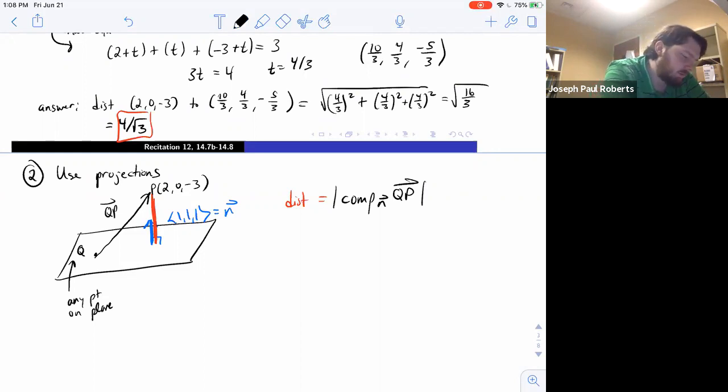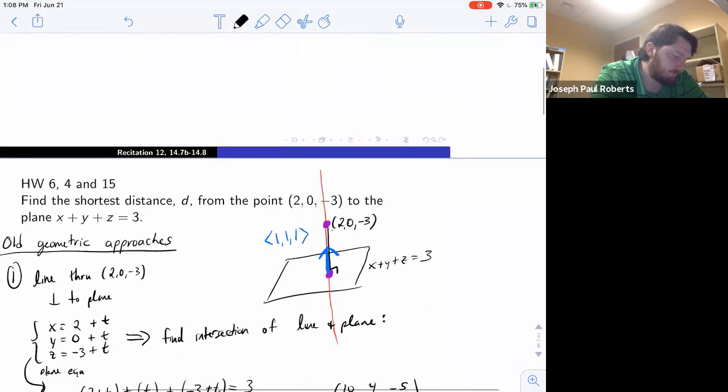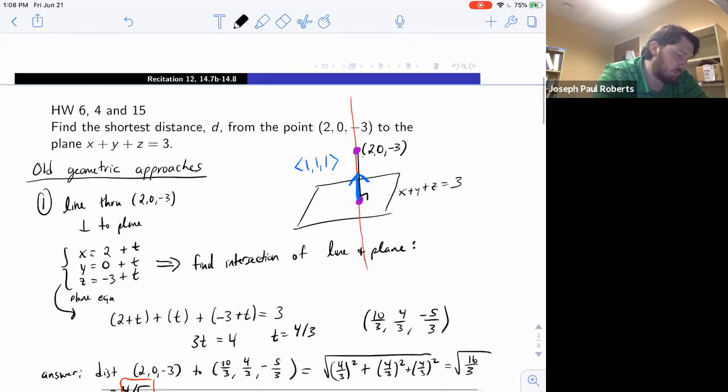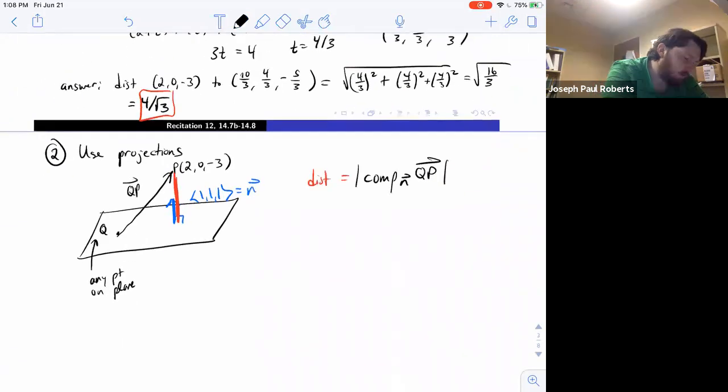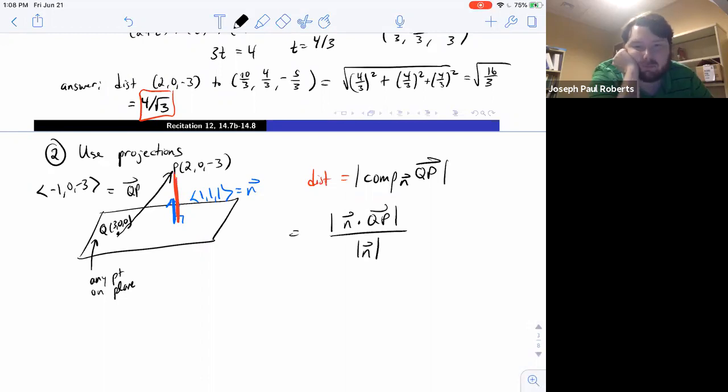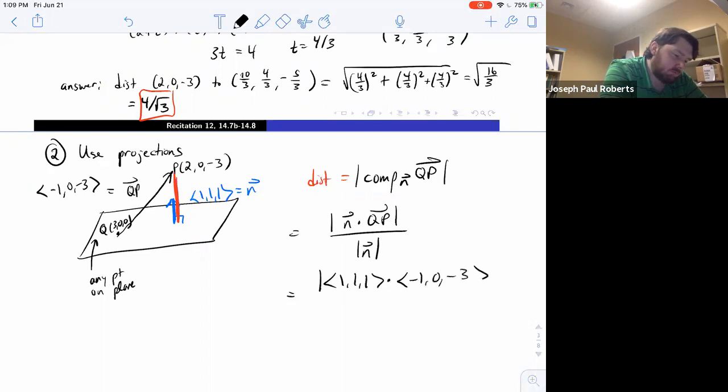Okay, so now it's up to us to figure out what point we want to use on the plane. Anything works. So for example, x plus y plus z equals 3, I could use 3, 0, 0. That, of course, satisfies the equation. So this QP displacement vector is going to be negative 1, 0, negative 3. And so remembering our formula for scalar projection, it's the dot product over the length of the vector you're projecting onto. So we're doing the dot product of 1, 1, 1 and negative 1, 0, negative 3